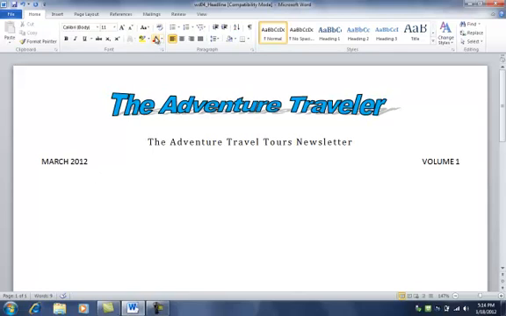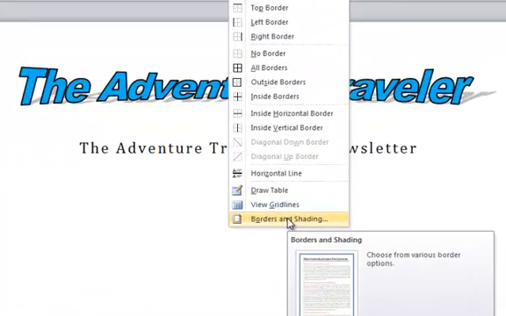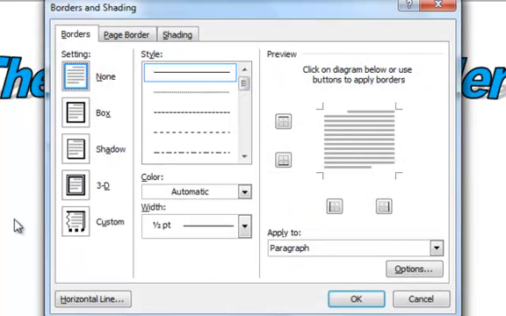We are going to then go into our outline option, and this is in our paragraph group, and you'll see it looks like a little box here with a border below it, and we're going to click on the drop down arrow and come all the way down to borders and shading. And what we're going to do here is put in a custom border both above and below our little volume line. And so I'm going to set this to custom,